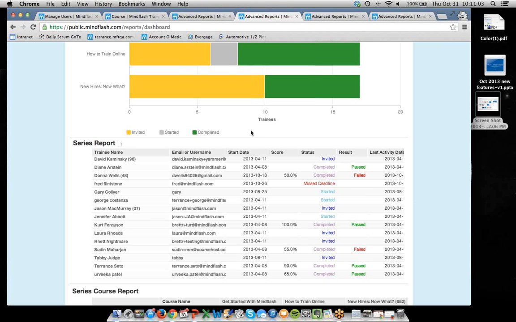There are situations where you might want to send this report to somebody outside of Mindflash. Maybe they don't have an account with Mindflash because they aren't the ones actually doing the training. They're out there in the field, just being a manager possibly. We have the export function. All you have to do is mouse over any of these reports, click the little export button, and then download it as any one of these formats that you wish, whether it's PDF, Excel, CSV,